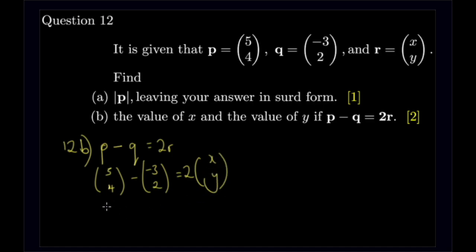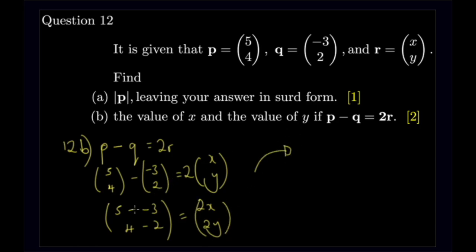So here you get 5 minus -3. Here you get 4 minus 2. Then here you get 2x, 2y. So like this, and we move to this part. 5 minus minus, and minus minus means plus. So 5 plus 3, you get 8. And 4 minus 2, you get 2. So this equals